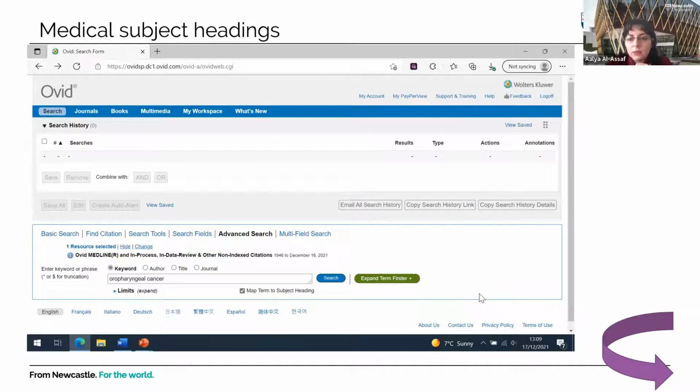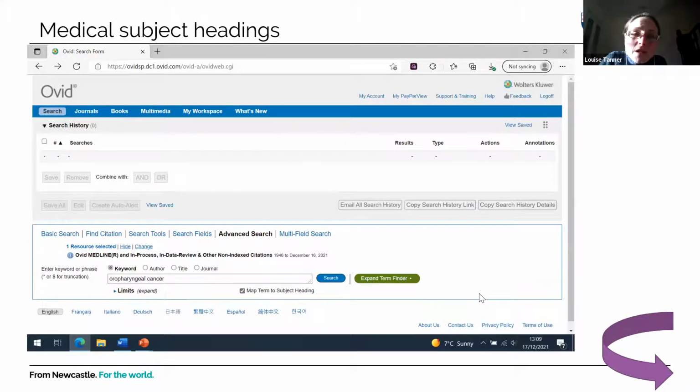Anna asks, do you need to come up with all your search terms before you start, or is it iterative? It's a good question. Do you mean before you actually implement the searches? I think what I would suggest is to do some scoping work. Initially look at your PICO elements and start listing synonyms for those words. Then go on to Medline, type in some of those search terms and see what comes up, and see if there are any other terms that you could add.